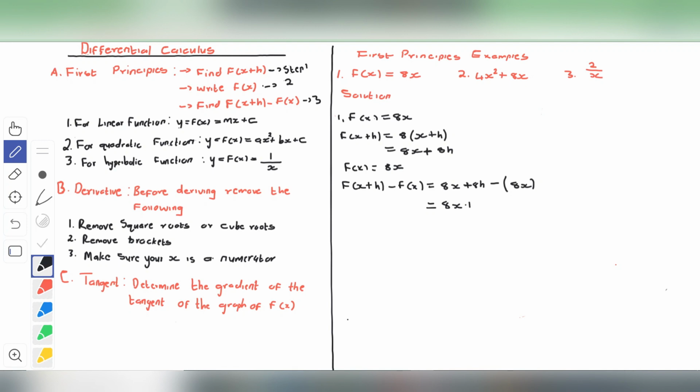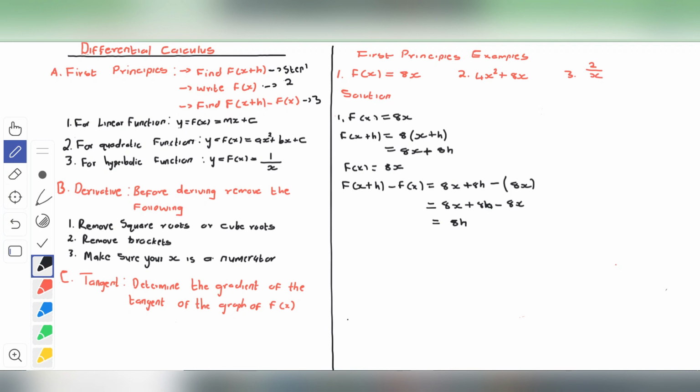We're going to have 8x plus 8h, guys, minus 8x, right? So now we can see that 8x minus 8x are going to cancel out, and then we'll be only left with 8h, right? And then we're done. Remember, this is the third step. So whenever you're done here, guys,